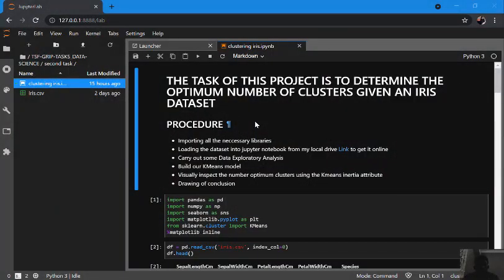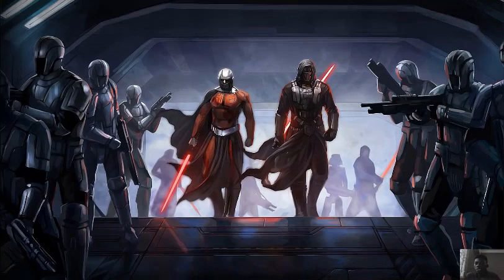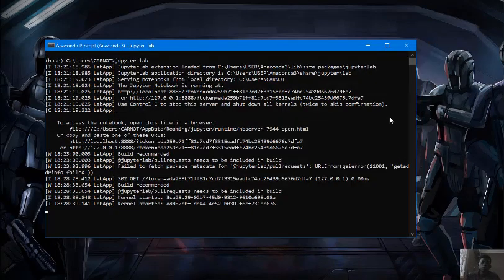Why is this project very important? It's because in most cases, we might be faced with a situation whereby we are not given the labels of our data sets and we need to run a prediction analysis, or we are trying to do a labeling of our data set. So to start with, we are going to launch our Jupyter notebook from the Anaconda command prompt,